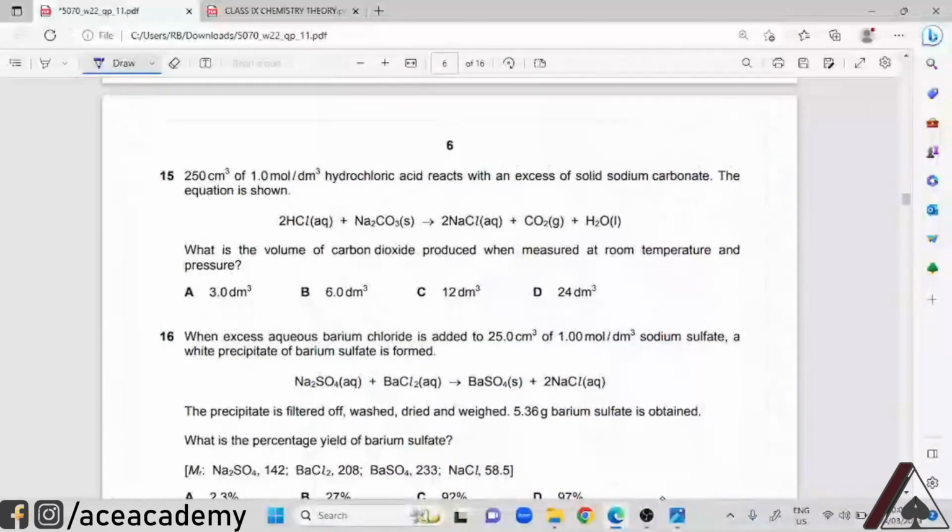And then for question 15, we have 250 cm cube of 1 mole per dm cube hydrochloric acid, which reacts with an excess of solid sodium carbonate. The equation is shown over here. What is the volume of carbon dioxide produced when measured at room temperature and pressure? So we are asked to find out the volume of carbon dioxide. And we know that hydrochloric acid is the